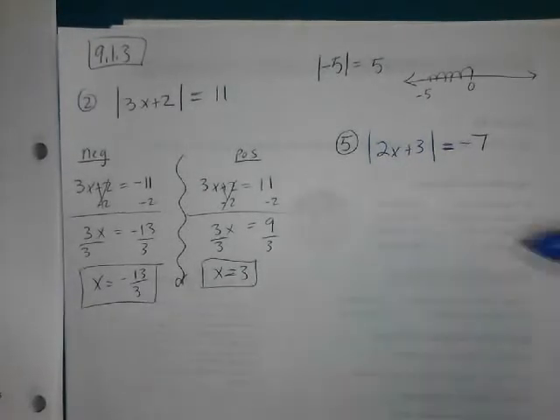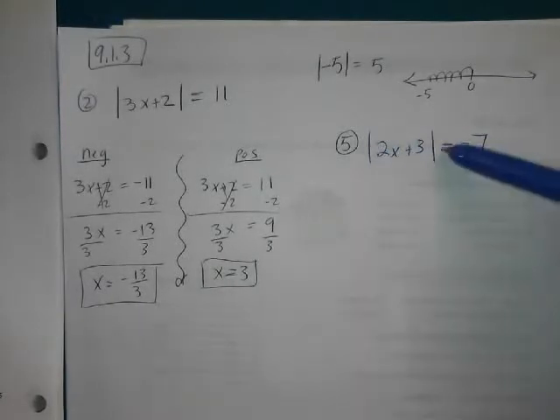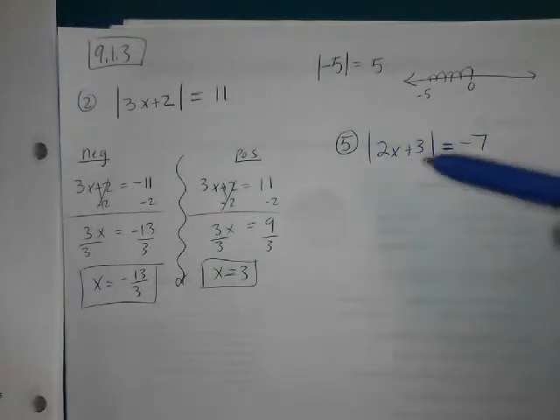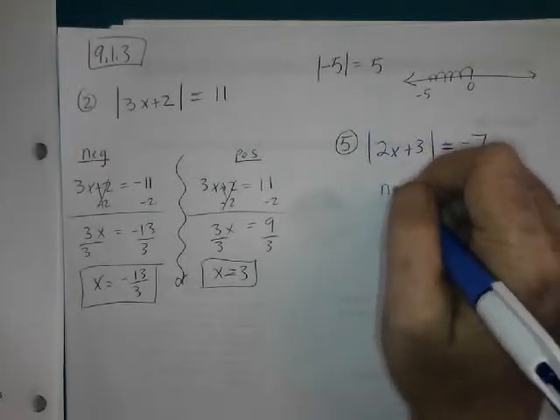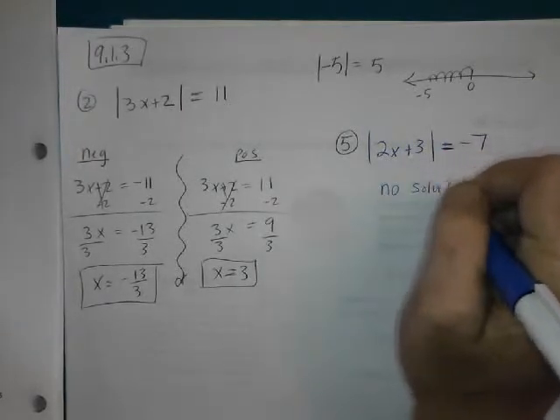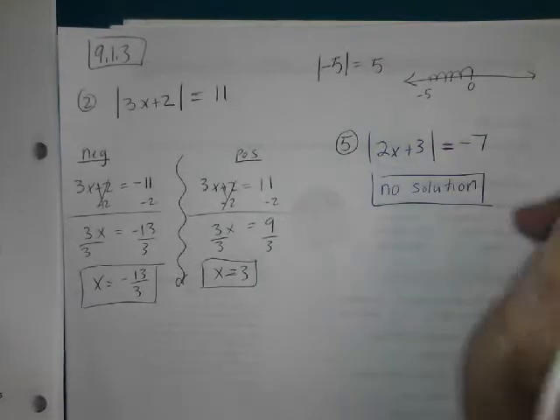This is telling me that there's an absolute value of something that's equal to a negative number. And I know, just by the definition of what an absolute value is, that there are no numbers I could stick in there, take the absolute value of them, and come out with a negative. So we just write no solution. Be looking out for stuff like that. There's no solution because